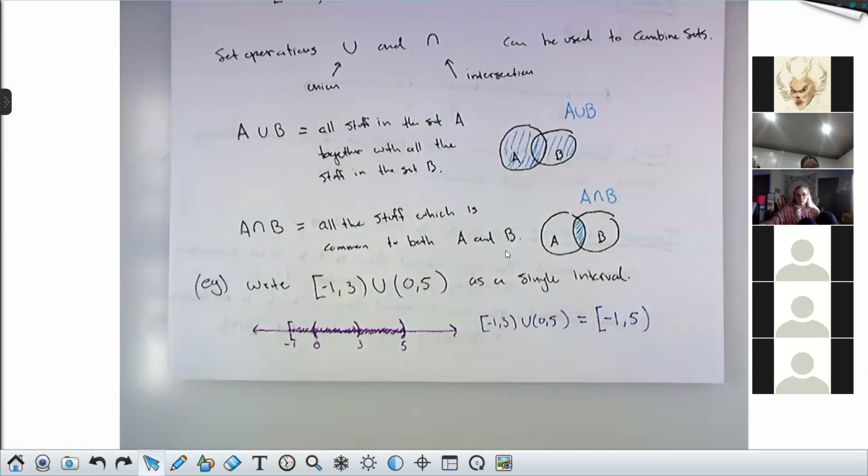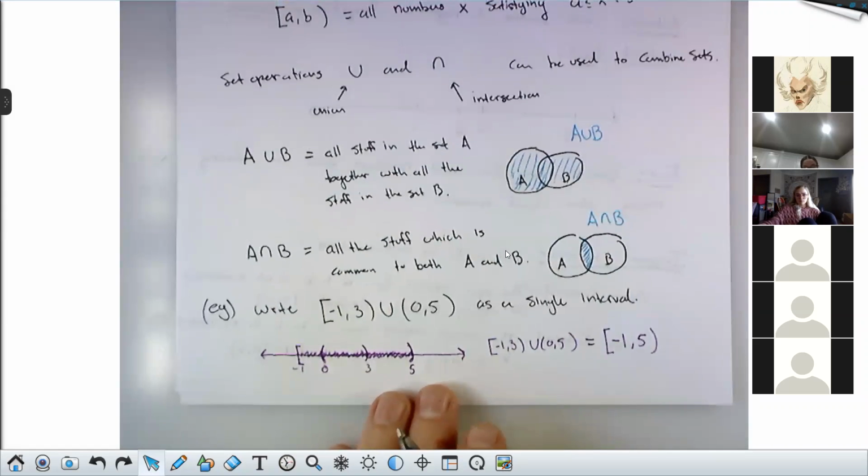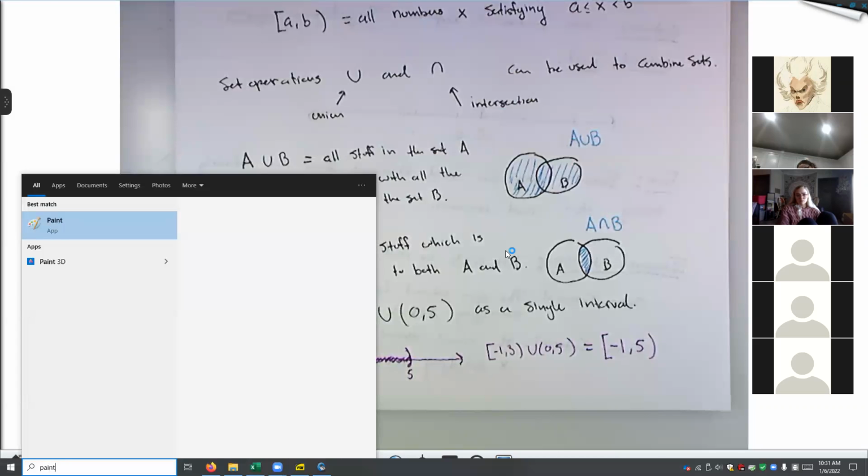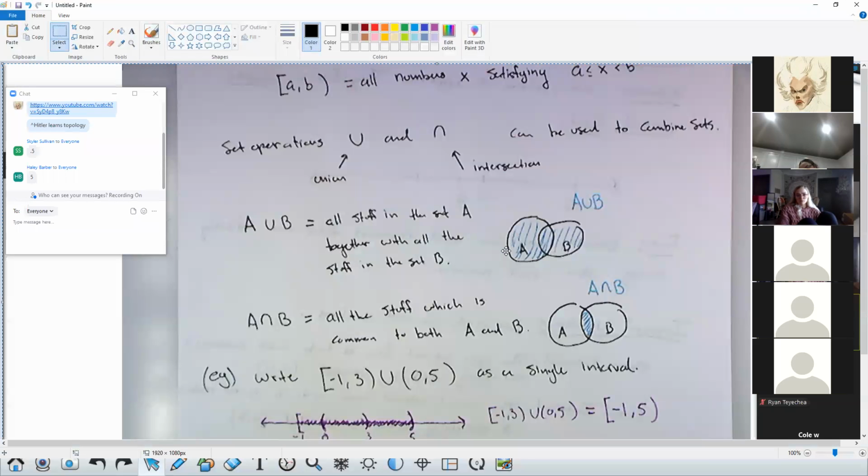Okay, and a little pro tip. I saw someone taking a picture there, and that's fine. If you want to, look on your keyboard. There should be a button that says print screen or PRNT-SCR, something like that. If you hit that button, it'll take a screenshot, and then you can paste that into Paint. For example, here, watch, I'll hit my button. It's function delete, and then I'll pull up Paint, and then it'll automatically paste into Paint. It copies that screenshot. So it's a nice way to save things if you want to save a particular page of notes.